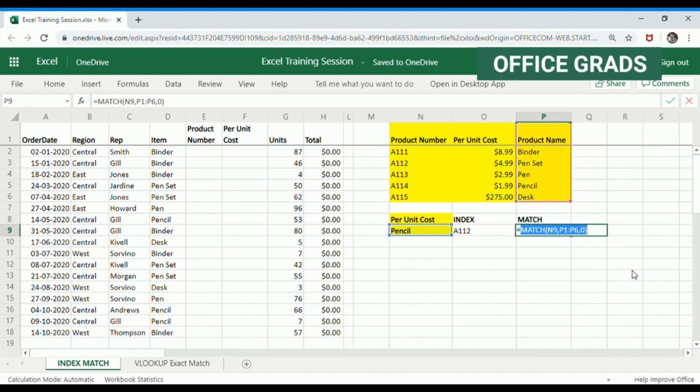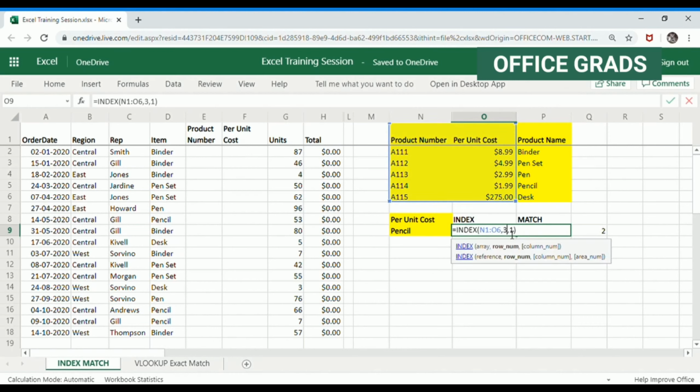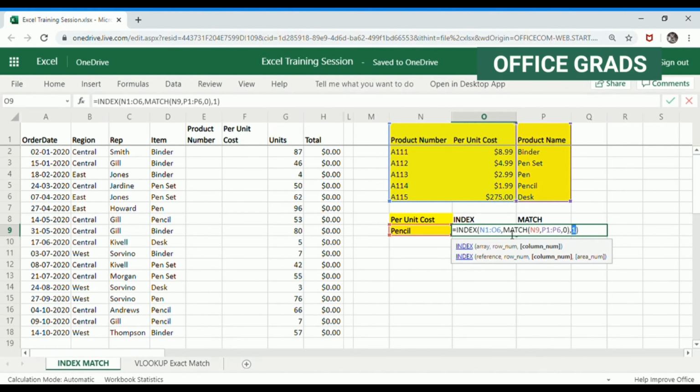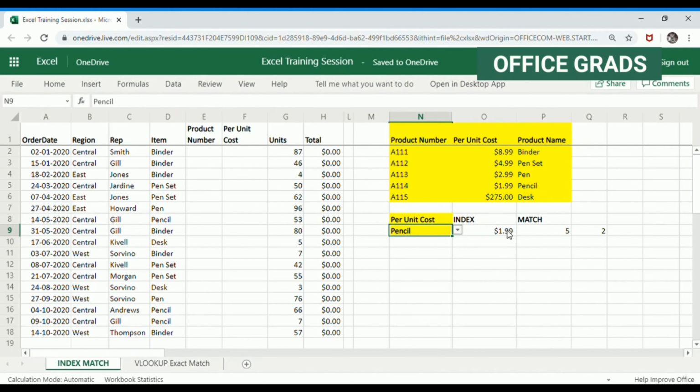Now let's copy it and replace this 3 with this match formula. Hit enter. Similarly, let's copy this and let's replace this 1 with another match and hit enter. Okay, so as soon as I change this, it is giving me the appropriate results. So that is how you can have it dynamic, right? The results are dynamic.